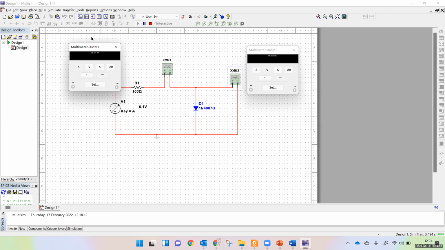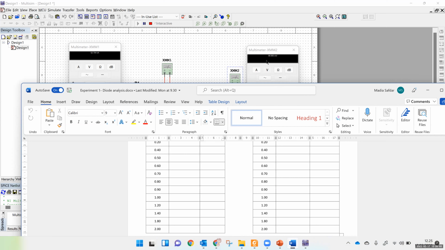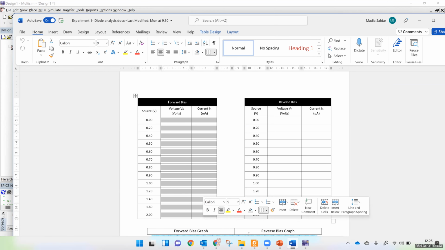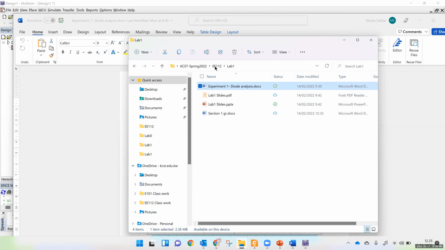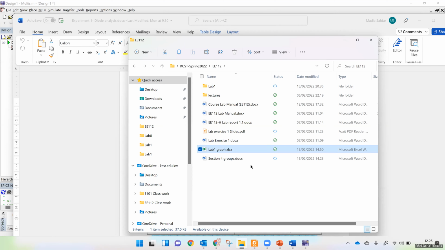Okay, then when you are done with it, what you will do is you will copy these values, you will put them in Excel here. I have already put